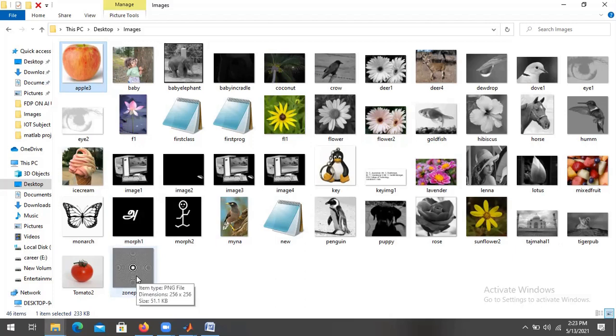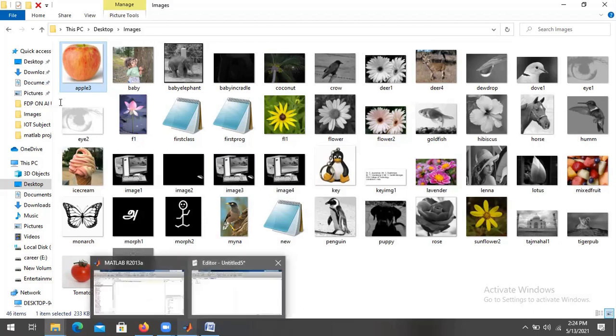And the last one, the circle image, is a PNG format file. I'll try to explain what these dot formats are. You'll find TIF, JPG, PNG, BMP files. Like that, you will find different types.